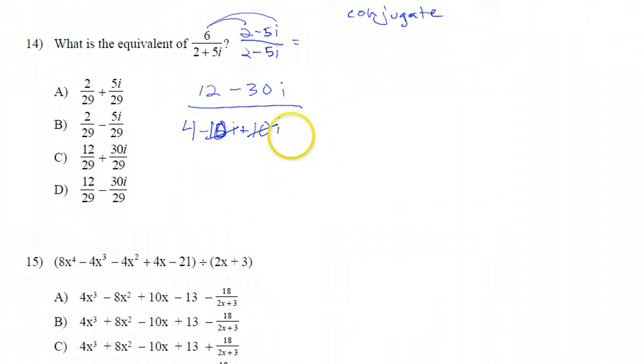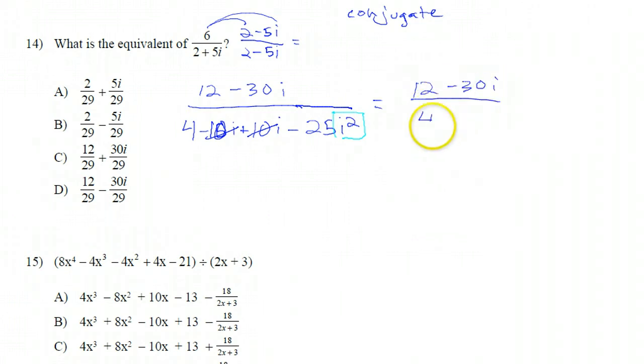And then we get at the end minus 25 for negative 5 times 5, and i times i is i squared. So again, these two should always cancel out. This last one should always have an i squared, which recall, i squared is negative 1. So we get a plus 25 there on the bottom. So plus 25, since negative 25 times negative 1 is positive 25.